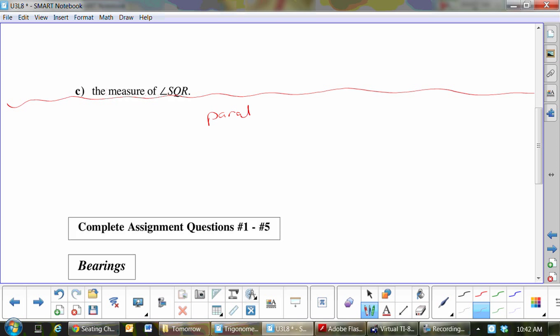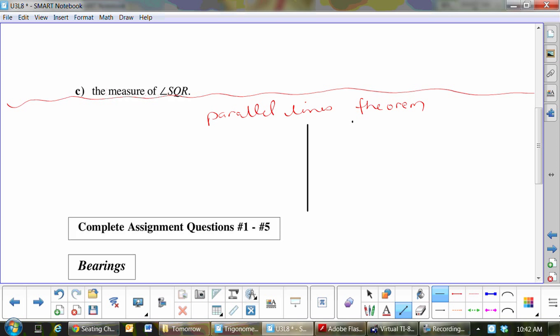Okay, the parallel lines theorem, because it comes in handy whenever you're using directions. So what is the parallel lines theorem? Well, first of all, if you're going to have a theorem about parallel lines, let's draw two parallel lines. Now, parallel lines are like railroad tracks, right? They run right beside each other, except railroad tracks do curve, and the definition of a line is it's straight. So you have to be a little bit flexible with that, but